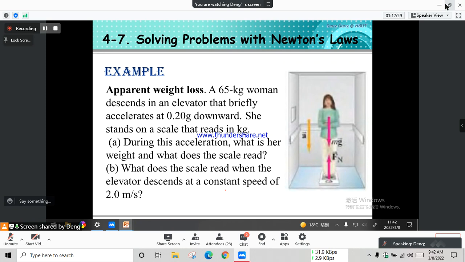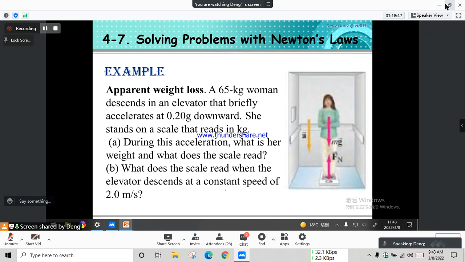This woman stands on the scale, and we can draw the free body diagram on her. There will be weight mg, right? And there will be normal force from the scale. So what does the scale read? The read of the scale tells you actually it's not your weight, right? Why does it have a readout? Because when you stand on it, actually